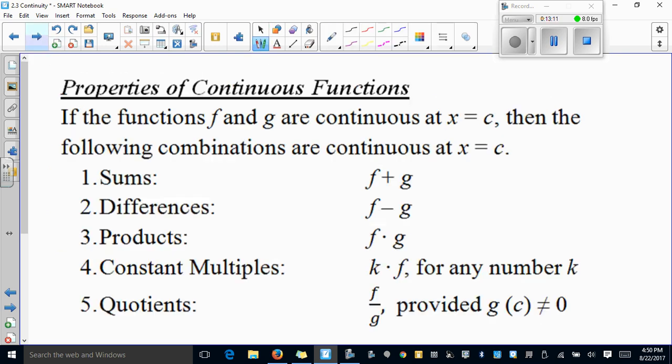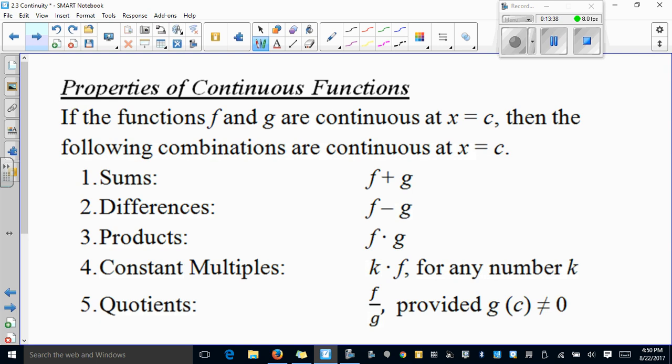Okay, properties of continuous functions. If functions f and g are continuous at x equals c, then the following combinations are continuous as well. Sums: if f is continuous and g is continuous, then f plus g is continuous. Differences: if f is continuous and g is continuous, then f minus g is continuous. Same thing with multiples: if f is continuous, g is continuous, and I multiply them together, then f times g